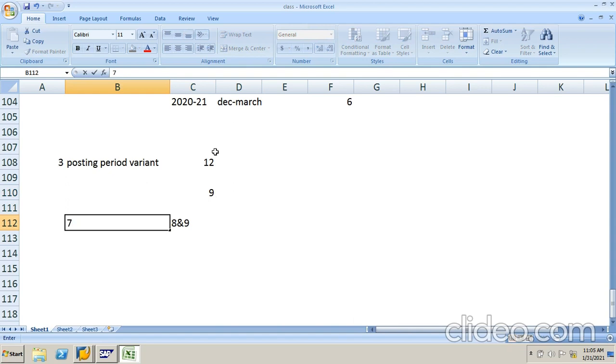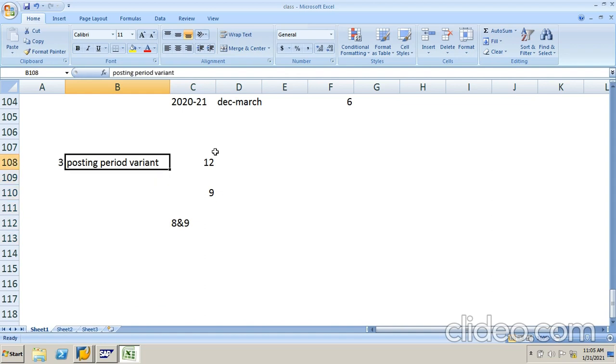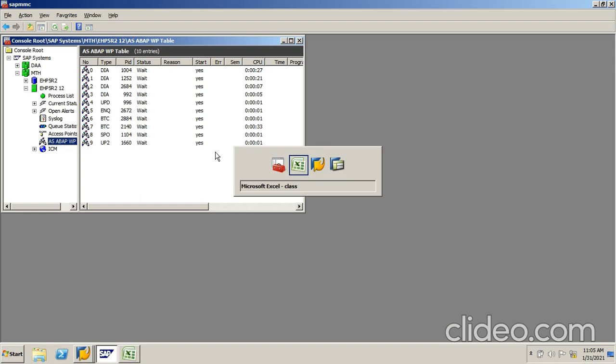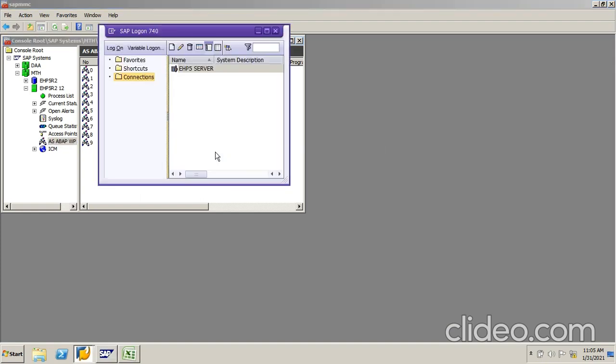So to avoid this kind of errors, we have to close this variant. So posting period variance means this is one of the variants. It will allow you to control the postings. It will open the posting period and it will close the posting period. So we will see what is there in SAP, how to do the configurations.